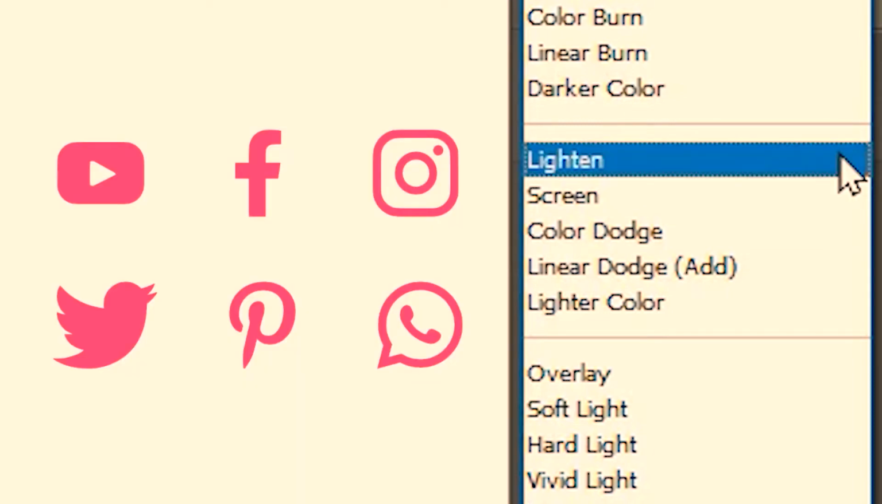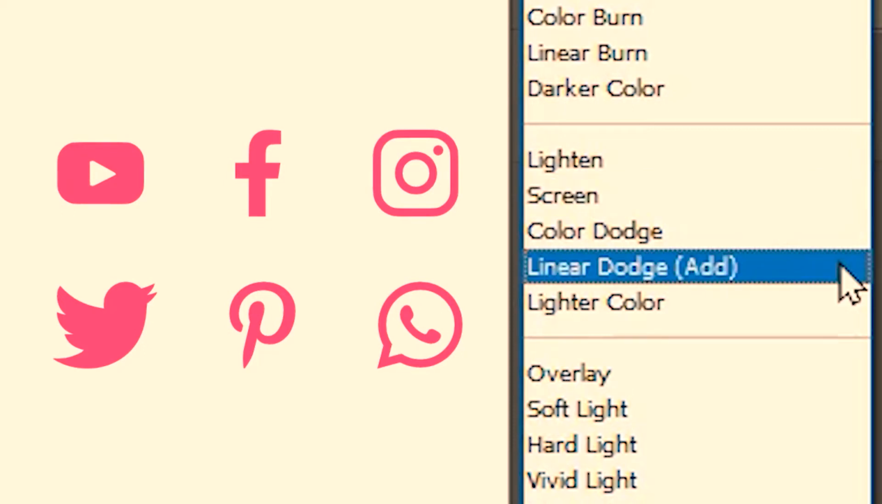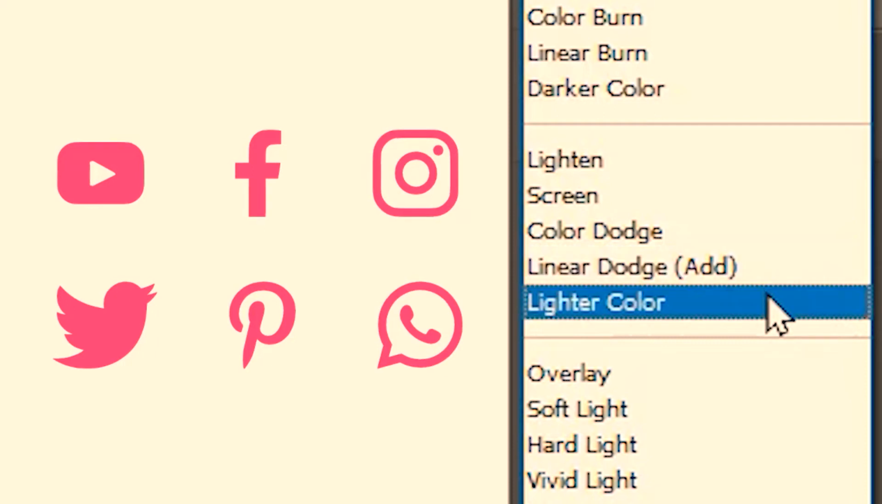First up we have Lighten, which pretty much seems to abide by the rules of the White Lord. So white is there for you to see and the black logos disappear. Let's continue with Screen. Similar outcome. I'm going to skip Color Dodge for now. As you might have guessed, this is the opposite of Color Burn, which is where the twist lies. So moving on to Linear Dodge, which gives the same effect, and Lighter Color, the same result,